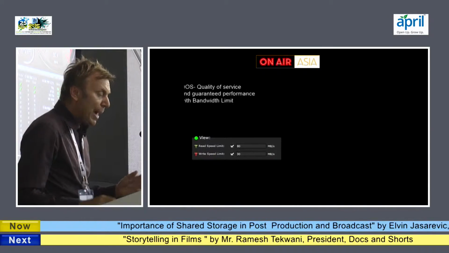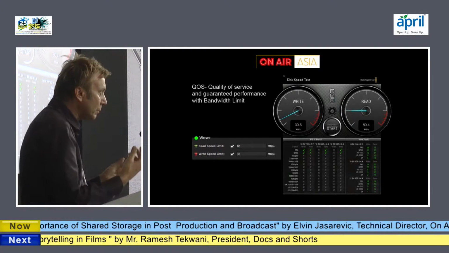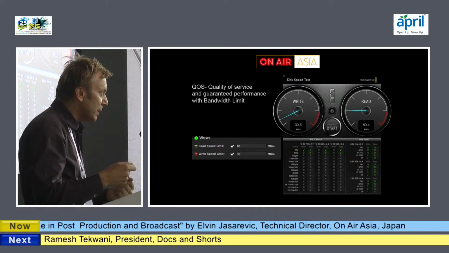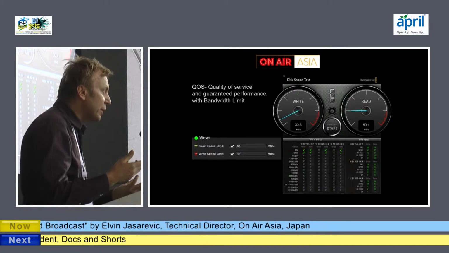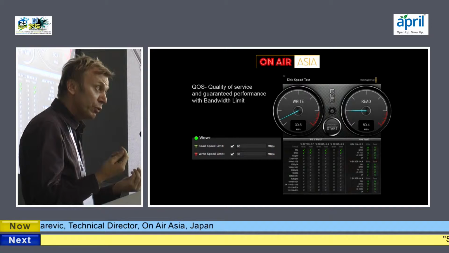But what happens when you have a very fast throughput on your system? If you would like to edit and copy material at the same time, once you start copying while you're editing, you're going to have dropped frames. In order to prevent dropping of frames,